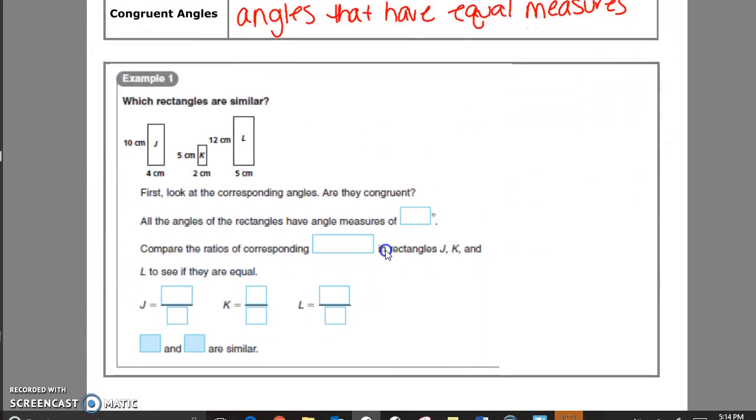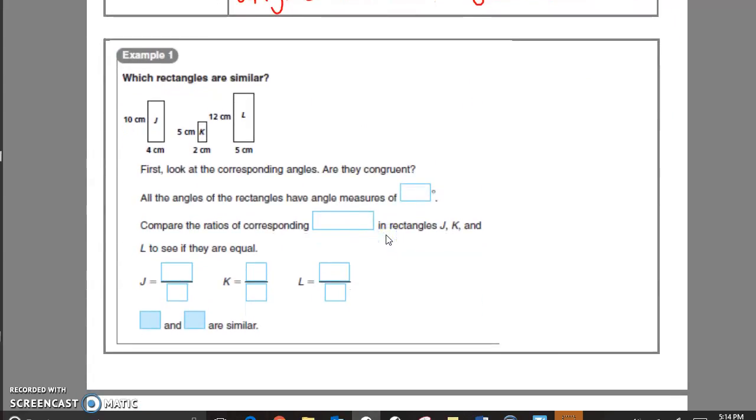Okay, so we're going to do example 1. We're going to look at which rectangles are similar. Okay, so we've got rectangle J, we've got rectangle K, and rectangle L. So first we're going to look at the corresponding angles and are they congruent? Well, they're all rectangles and all of the rectangles have 90-degree angles, so yes, they are congruent. They're all the same. All the angles of rectangles have a measure of 90 degrees. So we're going to compare the ratios of the corresponding sides in rectangles J, K, and L to see if